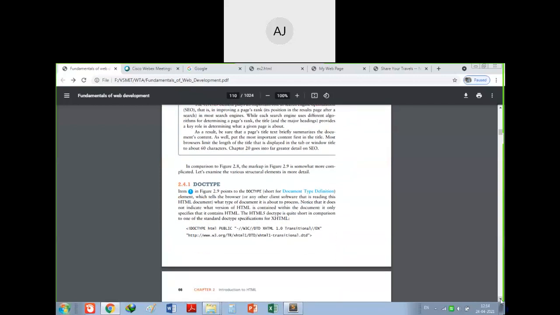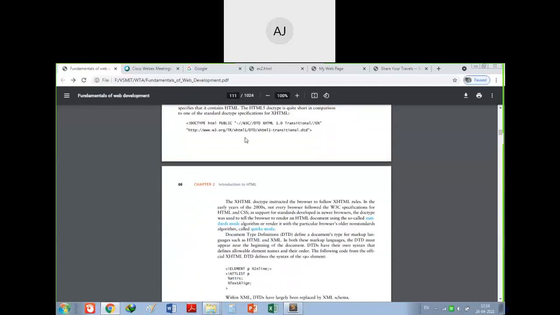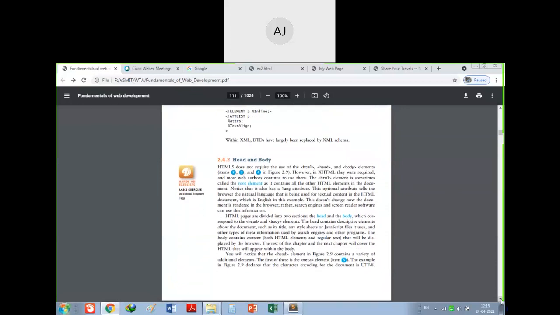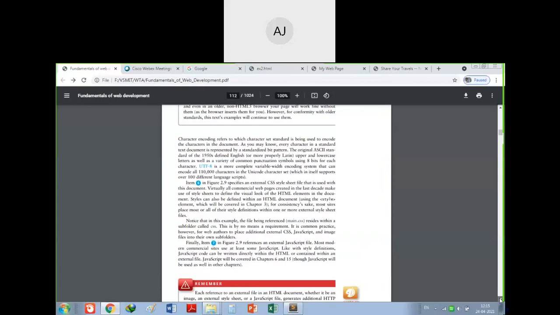This is done. The DOCTYPE we were discussing, no? Yes. So this is the line we have executed. If I click on it, this is a link, no? So it is going to that particular page. So we should not click there. And this is all about the DOCTYPE. Okay, and then head and body. The head section will display the information we want to include within the head section, and then the body is whatever the web page contains. Okay, the same example is elaborated here.